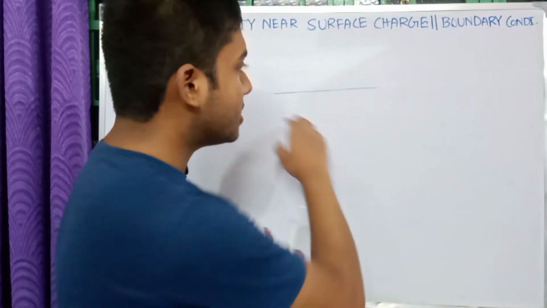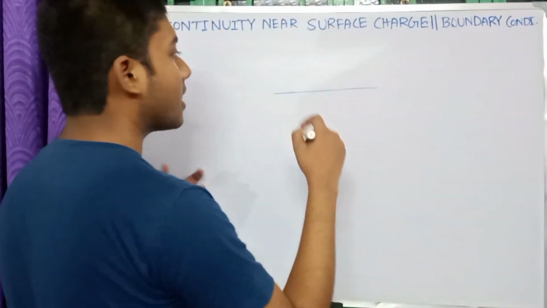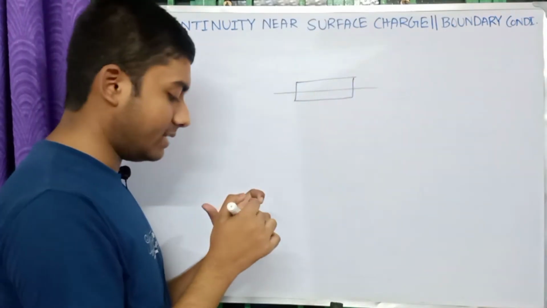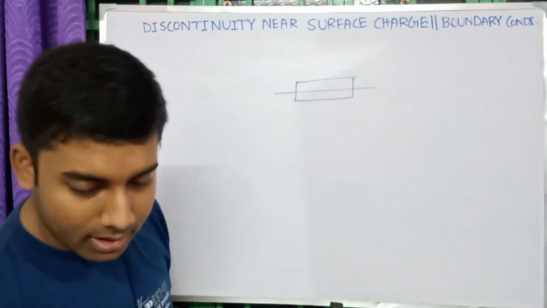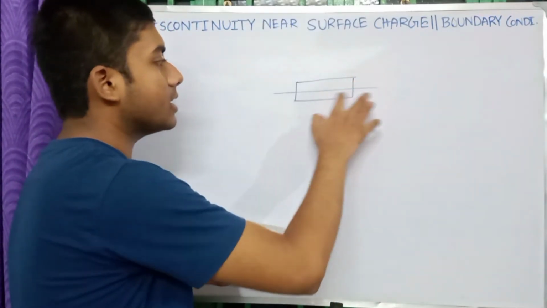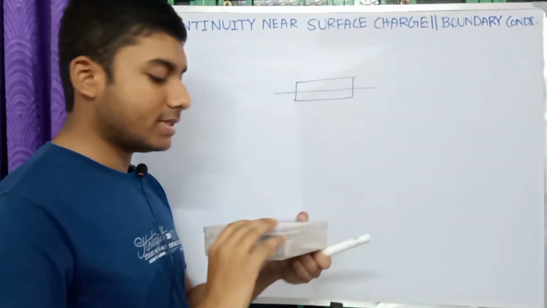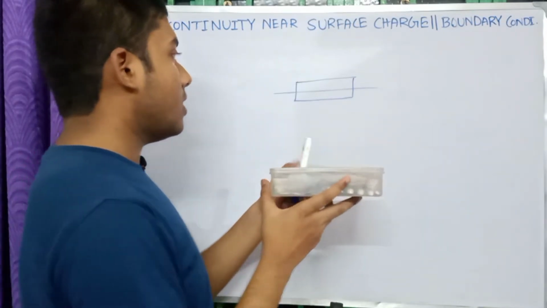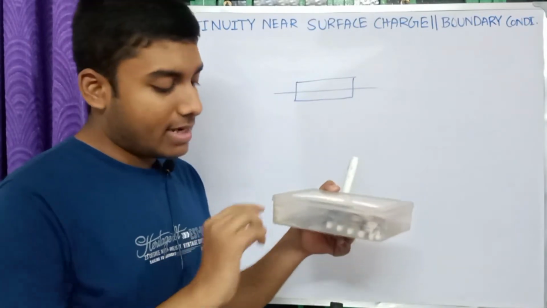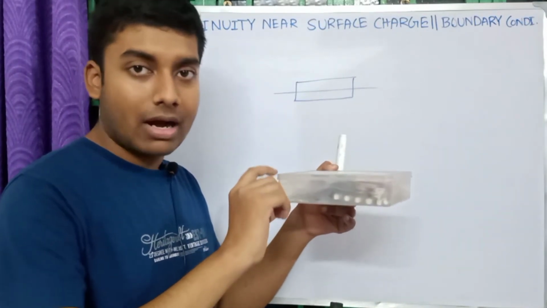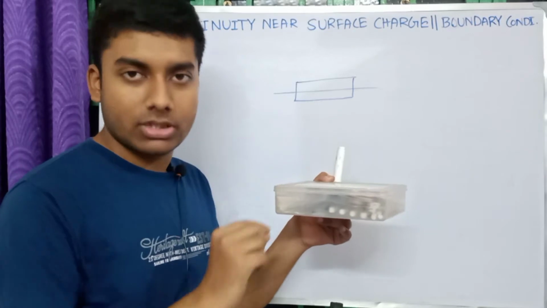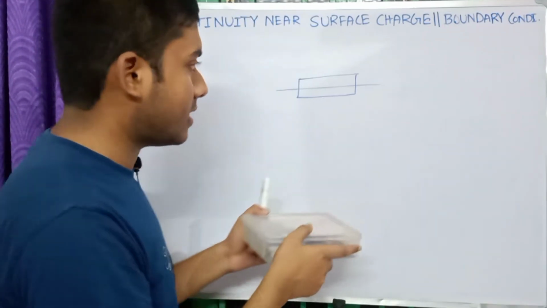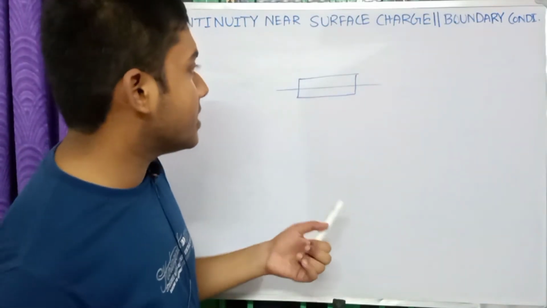So suppose this is our boundary surface, and the Gaussian pillbox that I have shown you is this. This is in 3D, so imagine it in 3D like this. This is not a square or a rectangle, it is like this. Now we have to imagine that the width of this Gaussian pillbox is very small. Why small? You will understand later why I am assuming this.